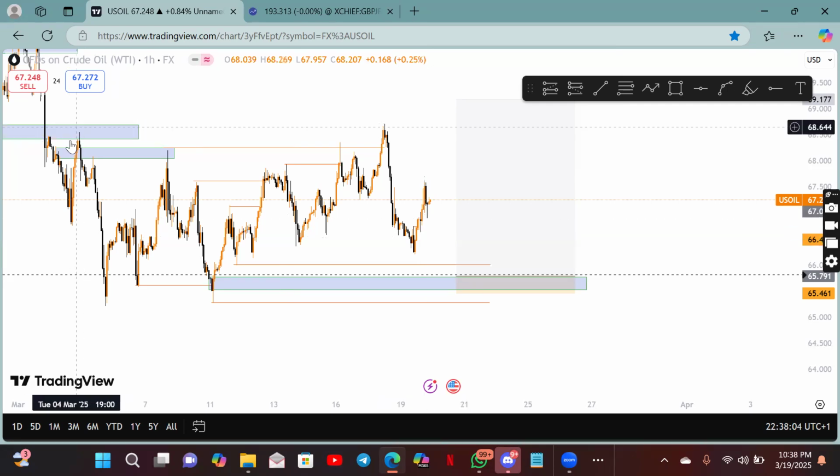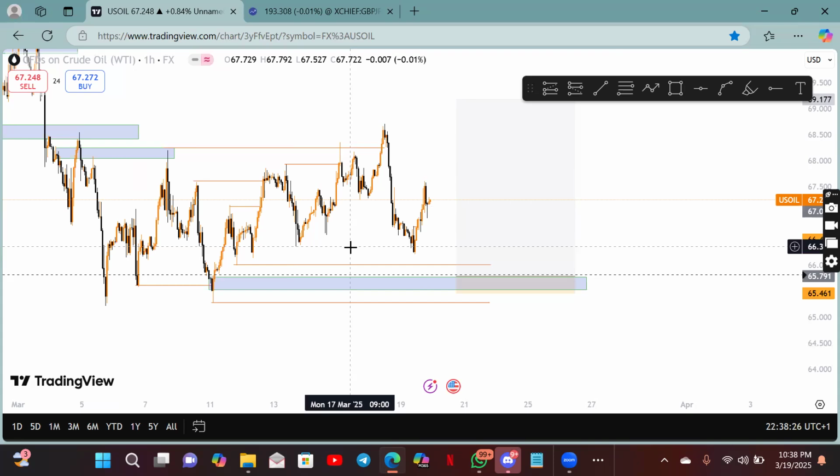Look at this now. You see, this one is an order block. The market came and broke this order block. Now when the trade came back to that order block, you see it resisted it and came down. That is it. It's very simple to understand. Order blocks are POI, breaker blocks are POI that you use to trade.